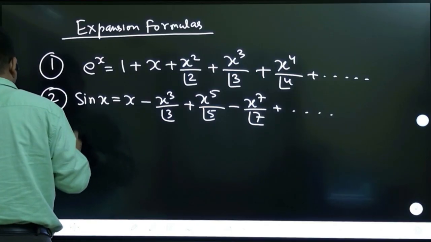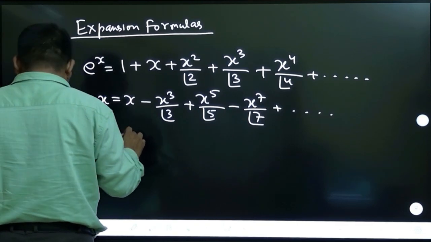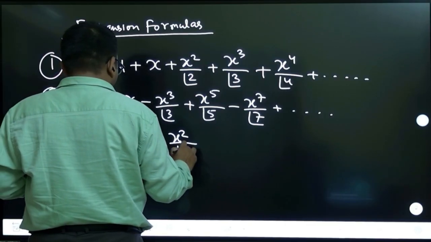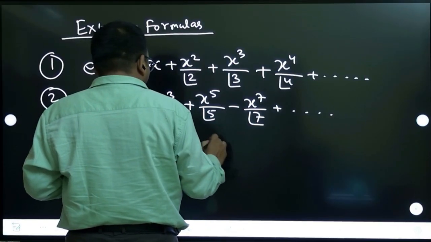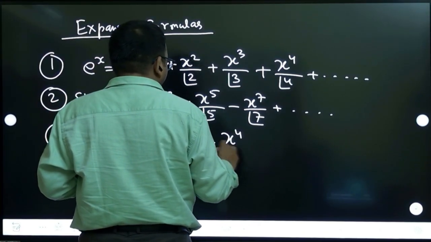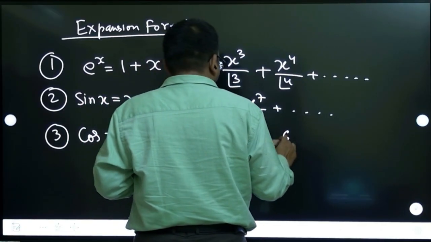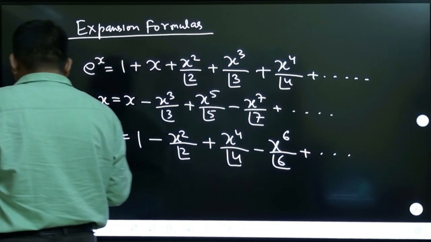Next, let us write cos x. Cos x expansion is 1 minus x square by factorial 2. Here all the even powers will be coming, right? Plus, and alternatively the sign is also changing, x4 by factorial 4 minus x6 by factorial 6 and so on, right? Next,